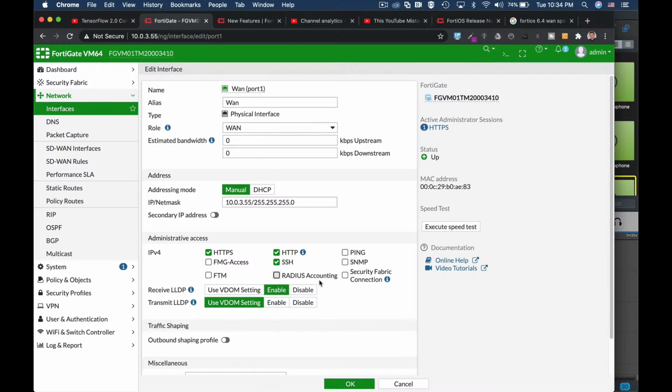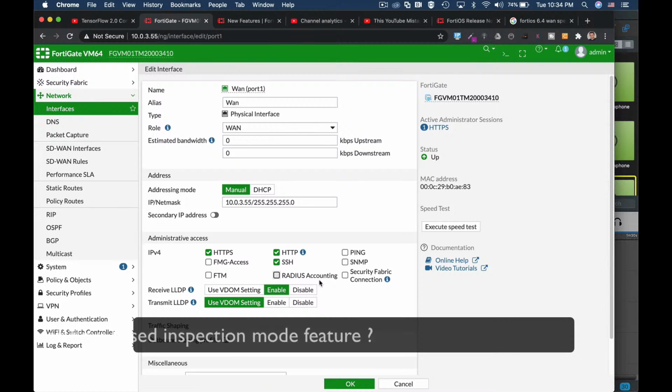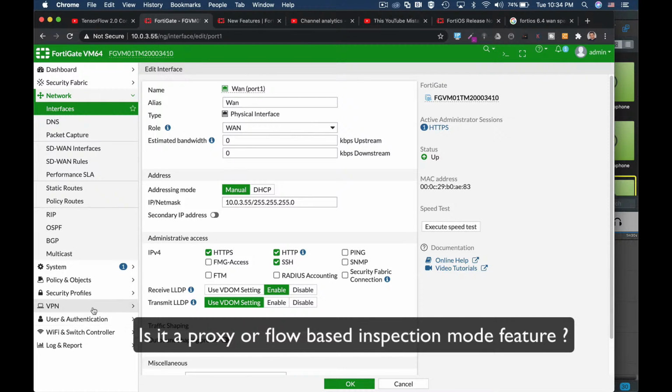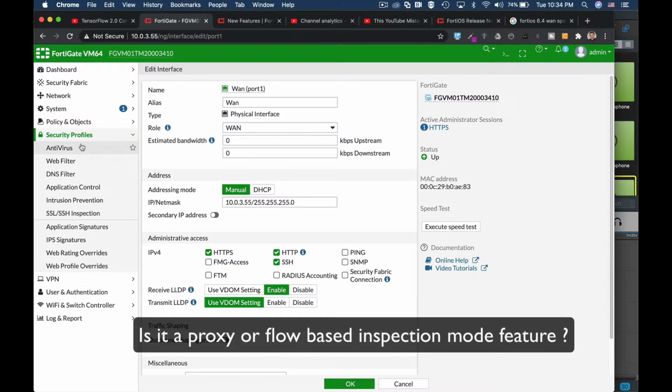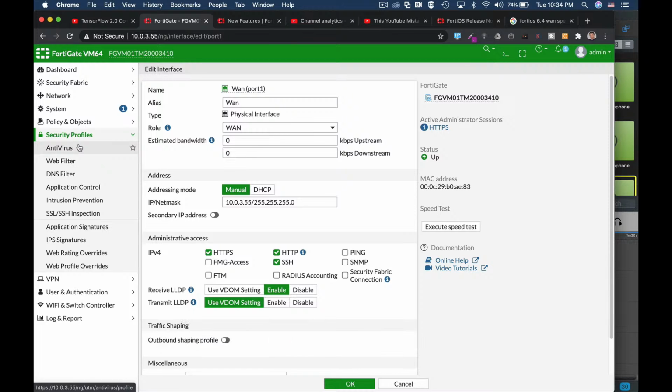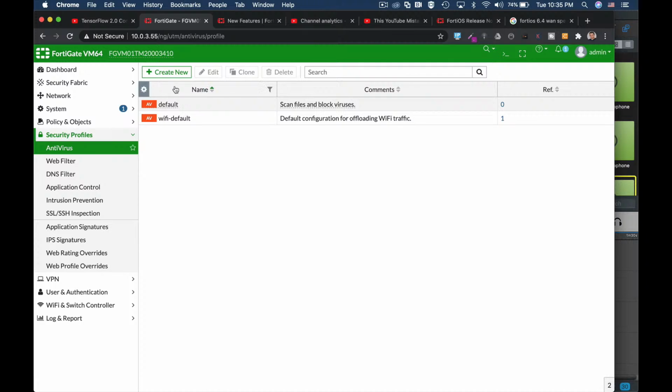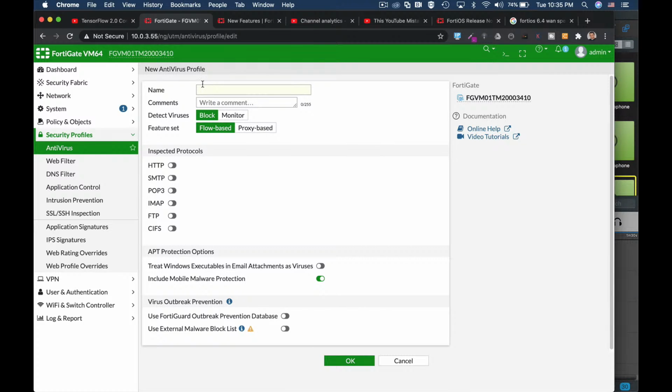The second friendly feature is a fantastic one. I've always been asked, when dealing with security profiles, which feature is supported either in flow-based inspection mode or in proxy-based inspection mode. And it seems that up until 6.4, you had to remember which feature is supported and where. So from now, you can actually create a new security profile. And if you wish to see which feature or